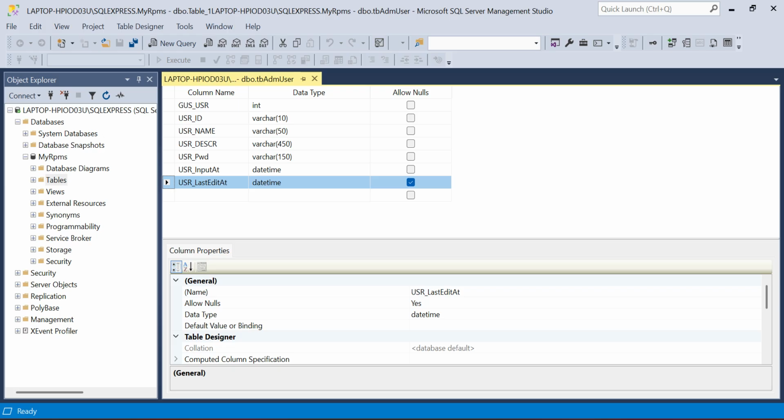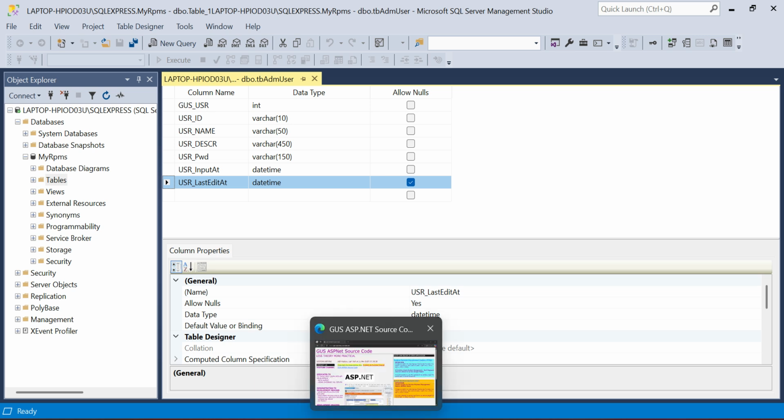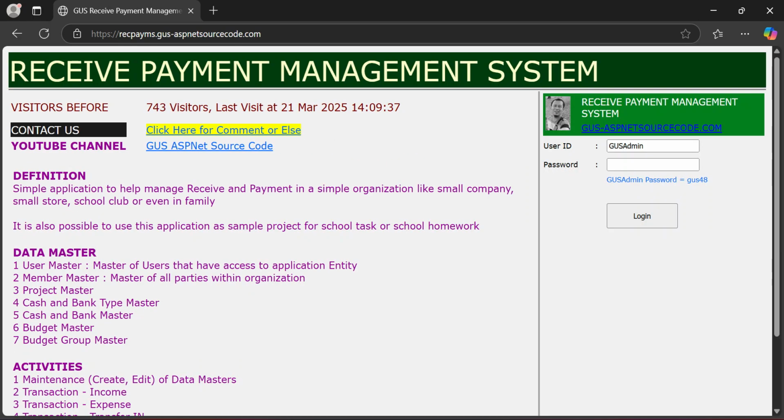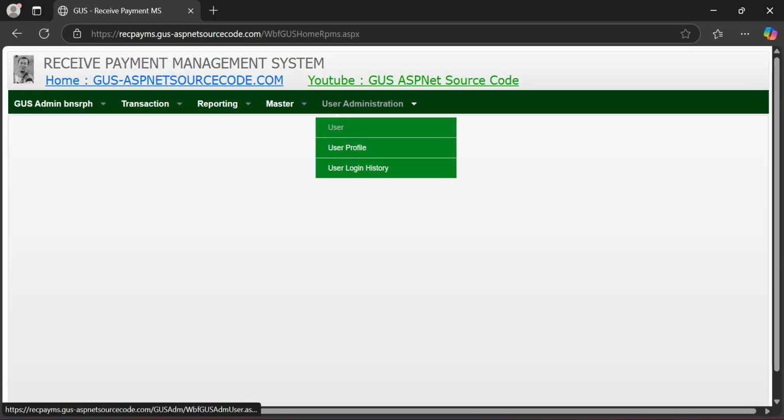Okay, what I want to do is to create a table for user. In my application, the table user is used to verify that the user has correct access to our application. For example, Gus admin. I use the table to keep information about Gus admin.